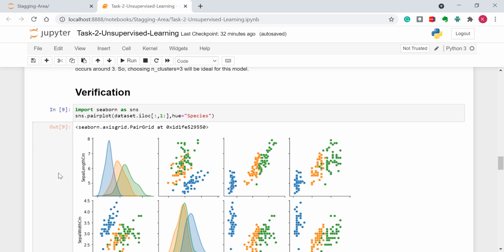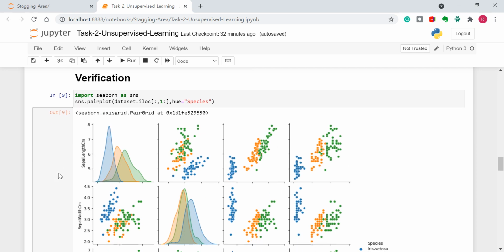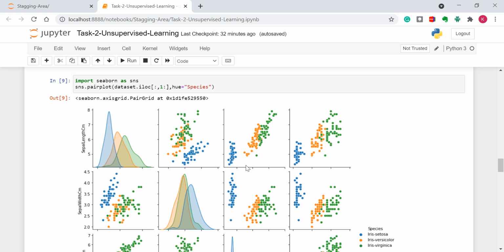I have also written some verification method for our n clusters. Let's plot to find the relationship between the features of our data set. We will be plotting each feature versus each feature.